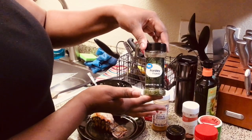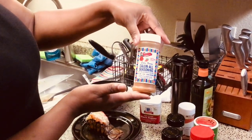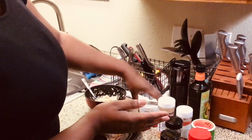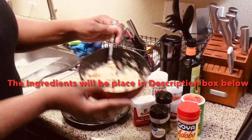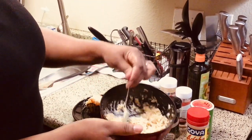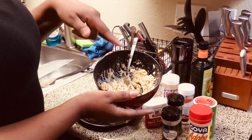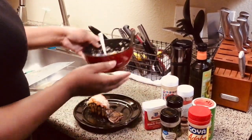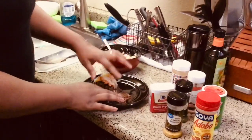I used parsley flakes, a dash of Cajun seasoning. It says Cajun all seasoning, and last, black pepper. So all of that is inside this butter mix. I just took butter that was softened, not melted, just softened enough, with some minced garlic, along with all these ingredients here. So I've already cut my lobster tail straight down the middle with my kitchen scissors, and I've